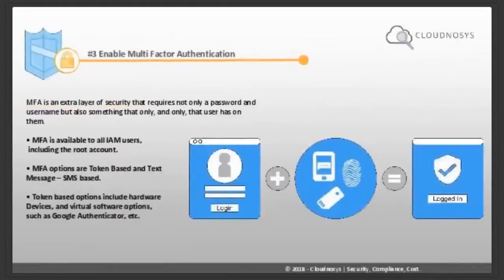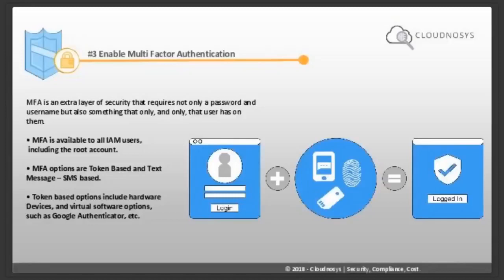So, continuing with identity and access management, a very good way of securing yourself from stolen credentials is multi-factor authentication. A very effective way is using software tokens like Google Authenticator and Authy, and all of these applications that are integrated by AWS into their account. And you can definitely safeguard your accounts from access even if your credentials are stolen. We recommend that multi-factor authentication be enabled for all AWS accounts, even the